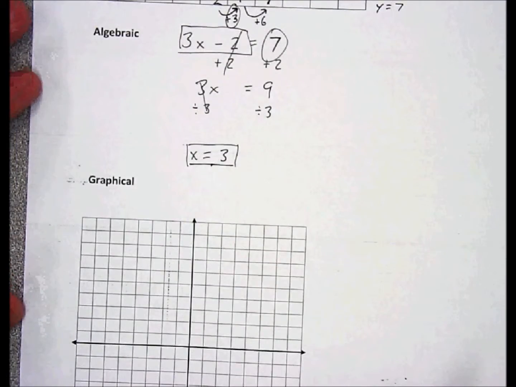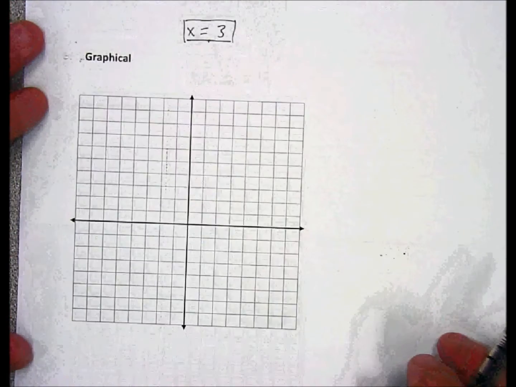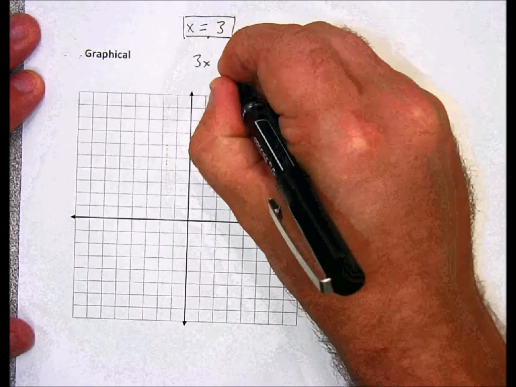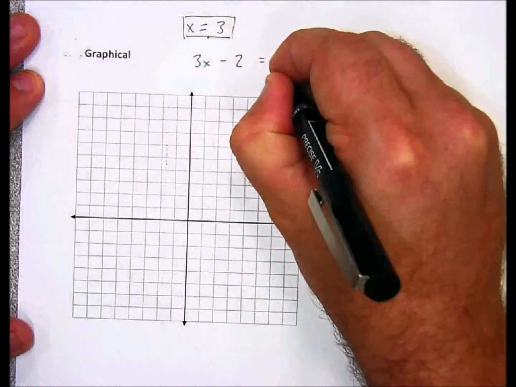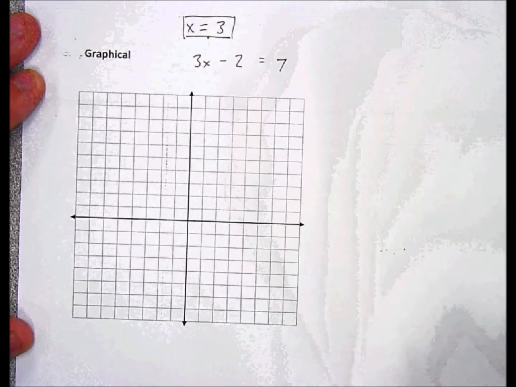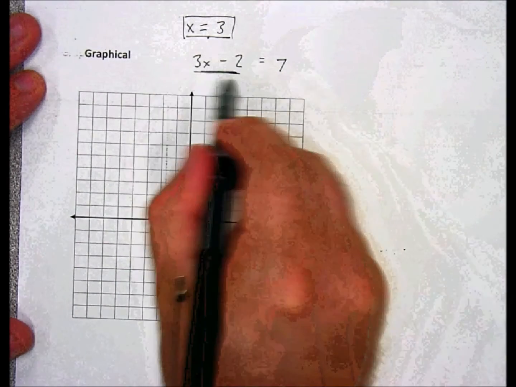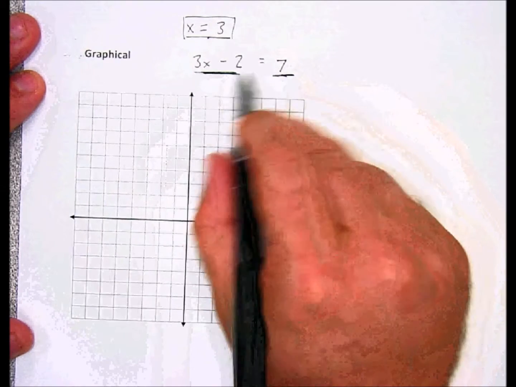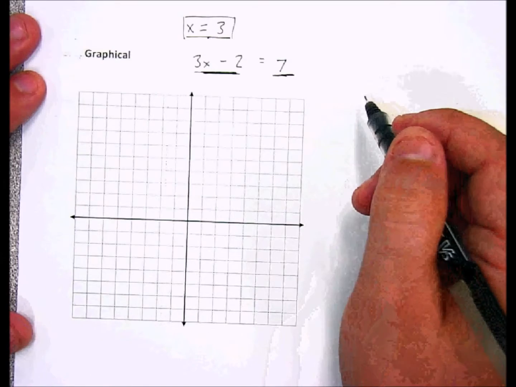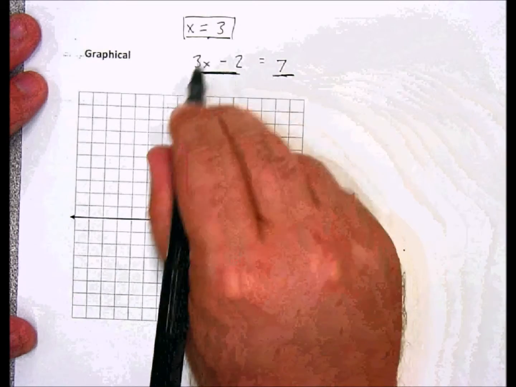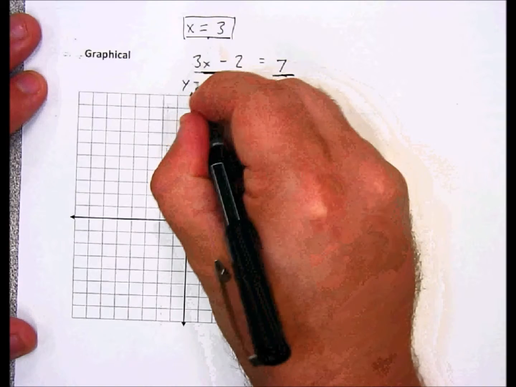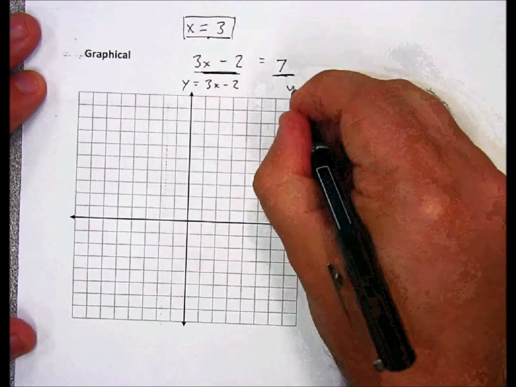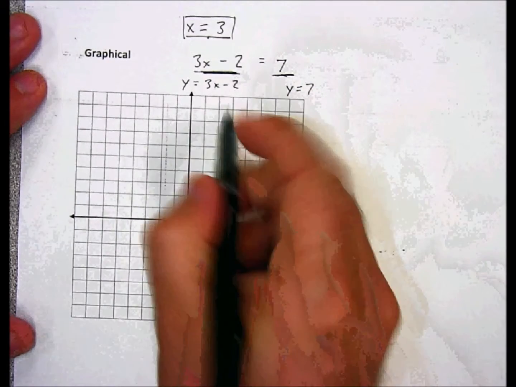Now I can also take a graphical approach. And by a graphical approach, this is how we're going to think about it. So I'm just going to rewrite my equation. And I'm going to think of this side and this side that it's equal to as their own separate functions and own separate equations. So I could say this side over here I'm going to call y equals 3x minus 2, and this side over here I'm going to call y equals 7. And I'm going to graph these two